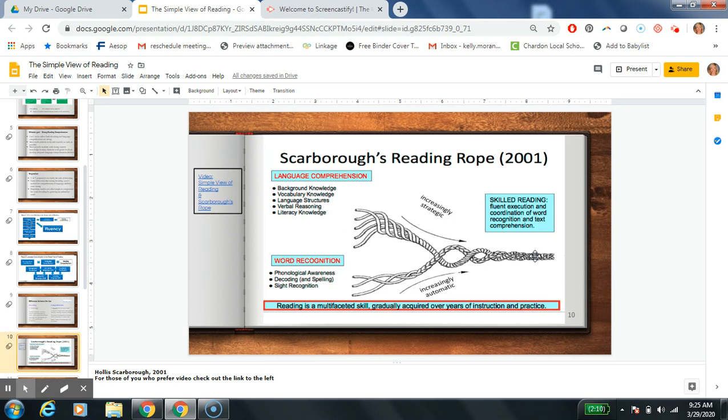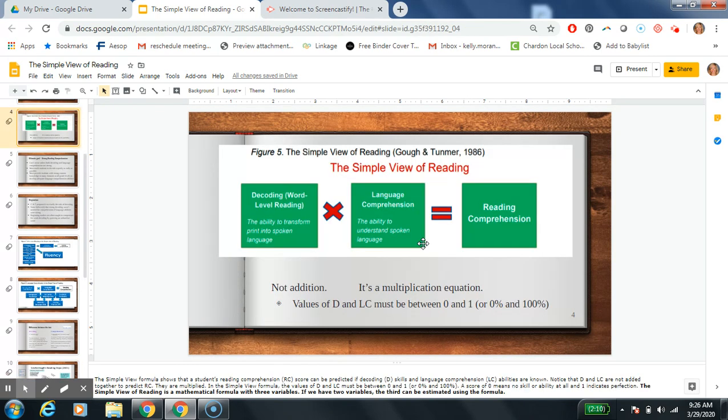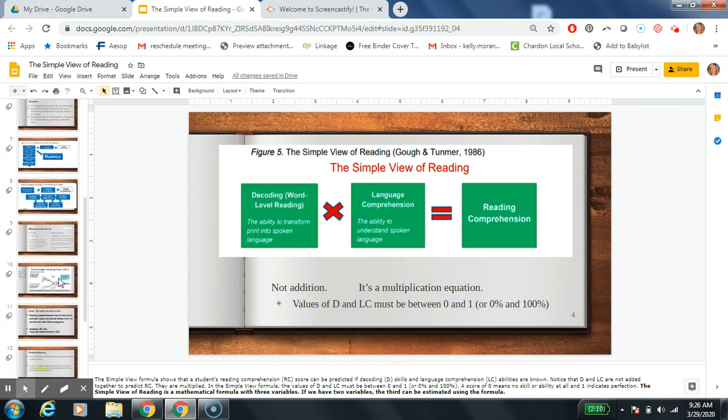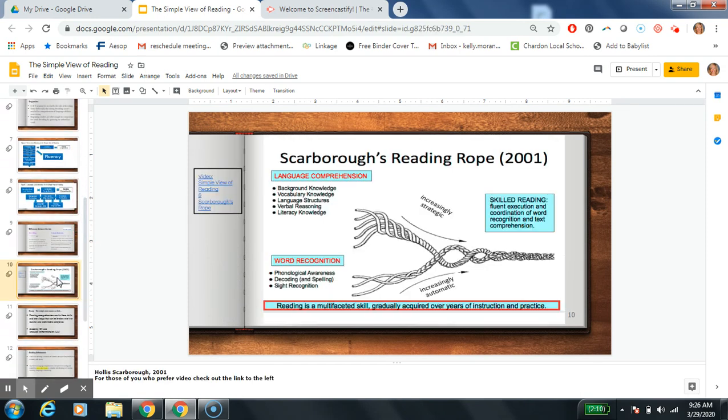The simple view of reading is a simple multiplication equation with our three variables. But as I mentioned earlier, we as educators know that when we talk about each one of those variables, there are many different layers or many different strands of rope, if you will, that make that up. So this image, again, now in the simple view of reading